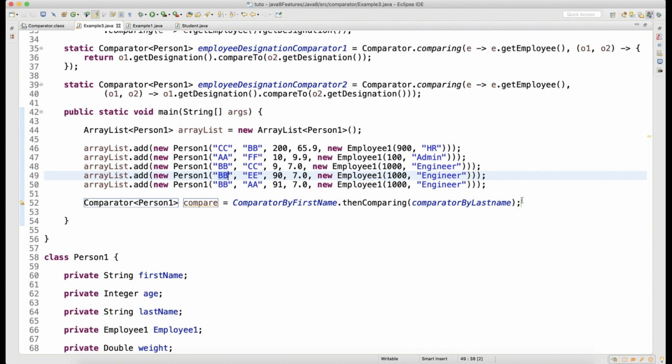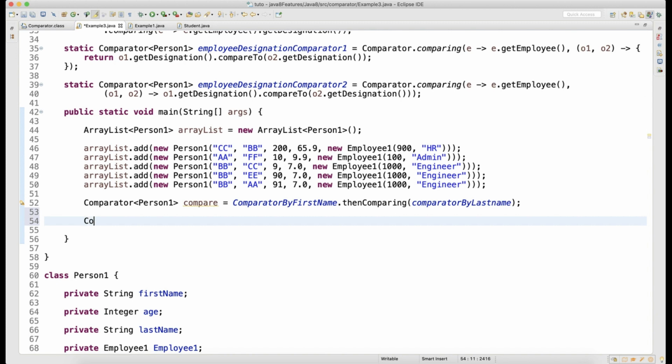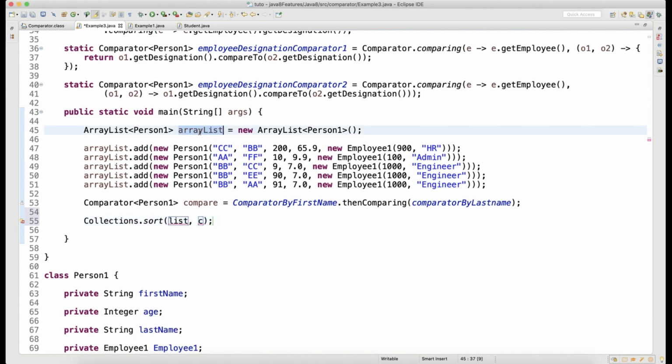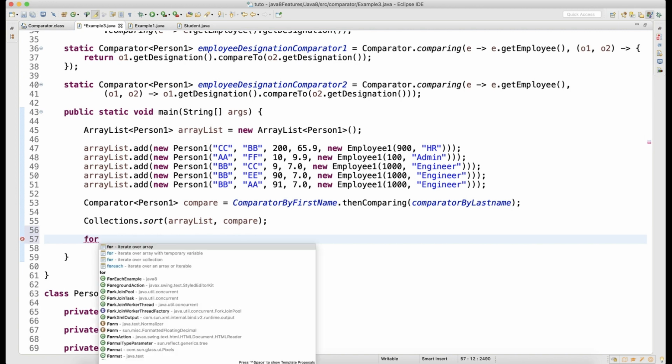Let me run this so that you can understand what I'm trying to say. Collections.sort, and when you supply this ArrayList and then call this comparator, run a for each loop.